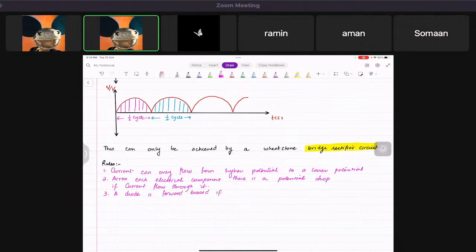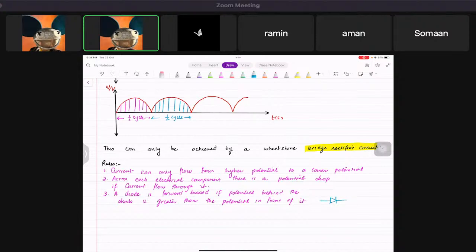If the potential behind the diode is greater than the potential in front of it. What I mean by this is, for example, if you have this diode placed, and